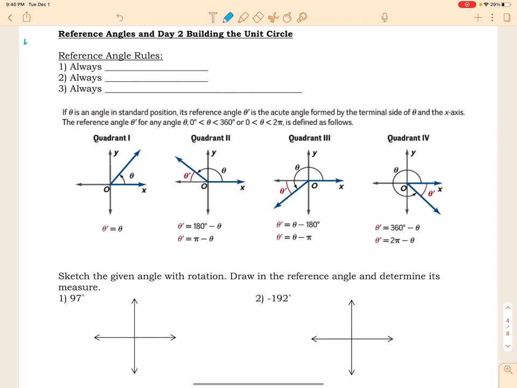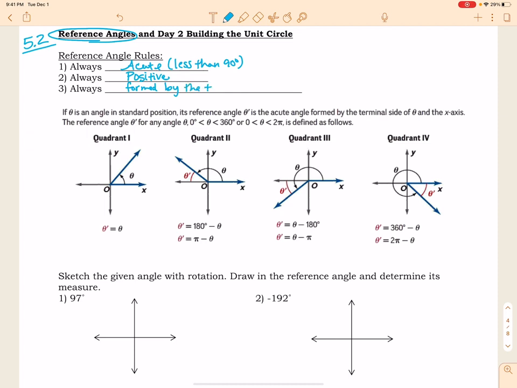Okay, Pre-Cal, we are still in section 5.2 of Unit 2, and we are going to discuss reference angles in this video. Okay, things you need to understand about a reference angle. What is it? Well, a reference angle is always an acute angle, which means it always measures less than 90 degrees. It is always going to be a positive angle, and it is always formed